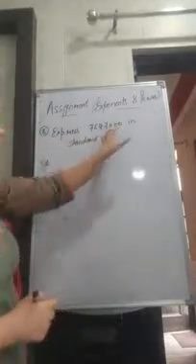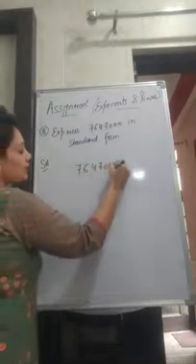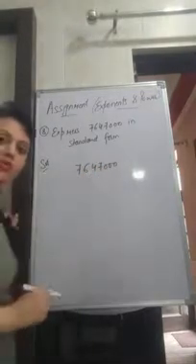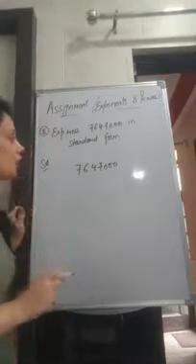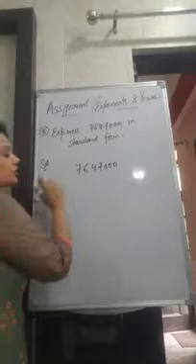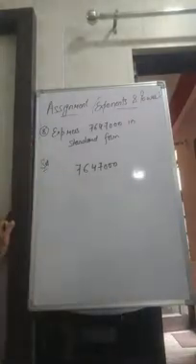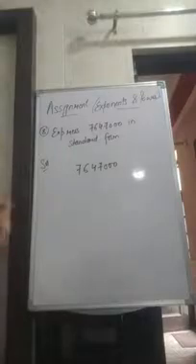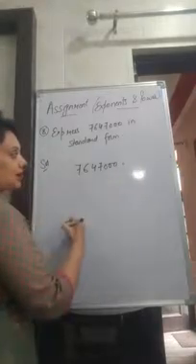Next question. Express this number in standard form. Now we know that when we have to write any number in standard form, we have to shift the decimal after the first non-zero number. It means we have to shift our decimal after this 7. Now we cannot see any decimal here, right? If we cannot see any decimal here, where is the decimal? The decimal is at the last, right?